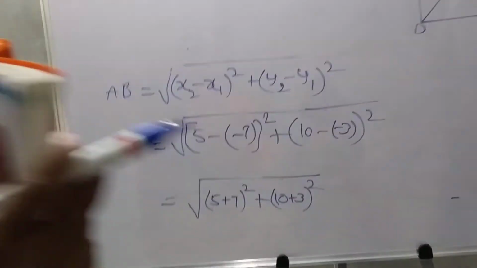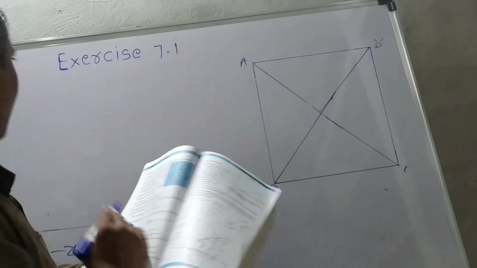This is the 8th problem. Okay, we are taking it as a rhombus. The given points are,